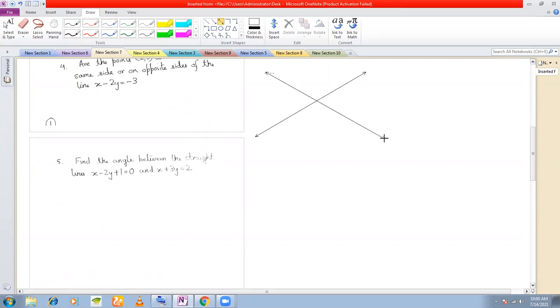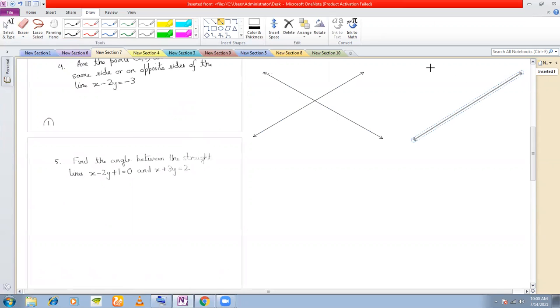Let's draw these two straight lines. These two are intersecting straight lines. Now, how many angles are possible between these two straight lines? That is what we must see. So first of all, this angle is possible between the straight lines, right? What is the other angle that is possible? This angle is possible between the straight lines, right? This is also an angle between the straight lines.